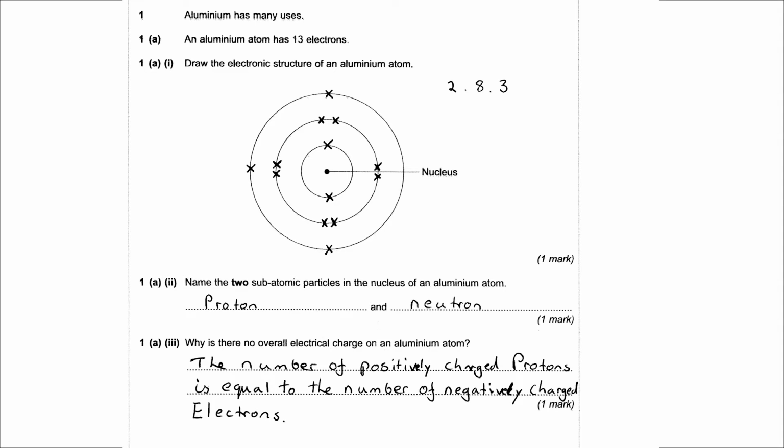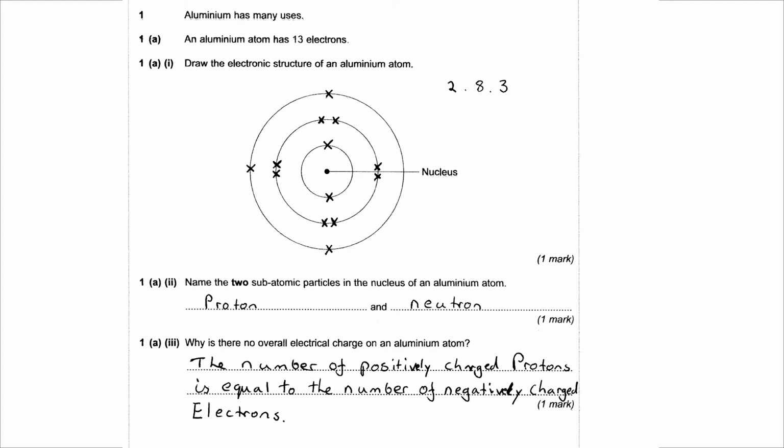Okay, moving on to 1A2. Name the 2 subatomic particles in the nucleus of an aluminium atom. Here you have a proton and a neutron. Best way to remember it is a neutron sounds like it should be in the nucleus. Those are neutral, and protons have a positive charge, which is why, when we look at our next question,